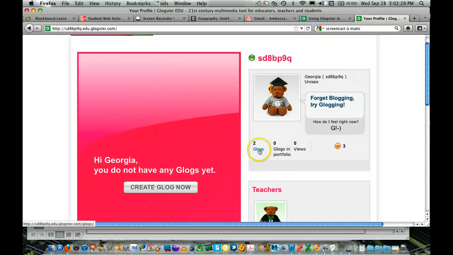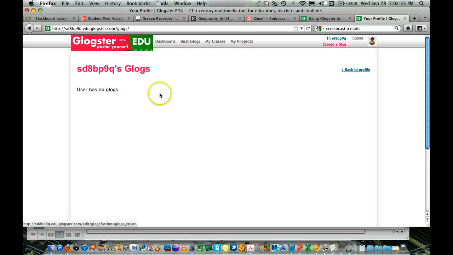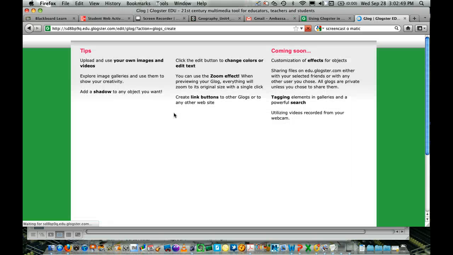So if I want to create a new Glog here, I can click on the link that says create a Glog now. So I'm going to start that. And the first step here, I want to give my Glog a title. Again, we're just going to go through some of the basic information needed